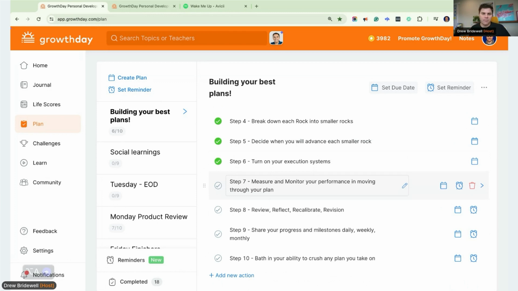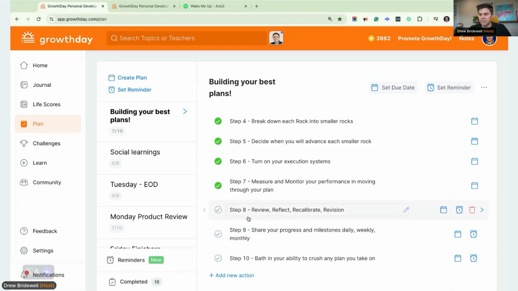Okay, great. Now I might do a little journal reflection or gratitude session just to get my mind in a good place. And then I'm going to go do the work. I'm going to go have some fun. I'm going to execute what I need to execute. I'm going to be the best version of myself. Like all that mindset training is going to help propel you throughout your day. So that's another idea for you to get the most out of your plans.